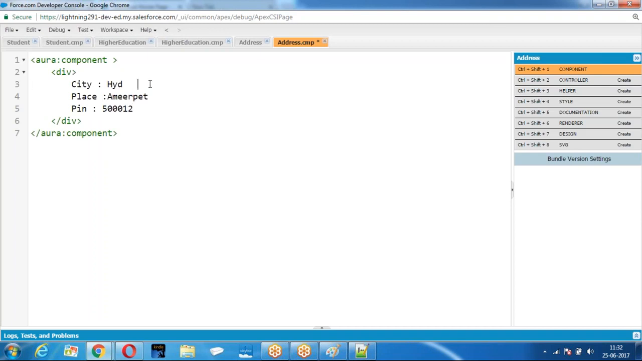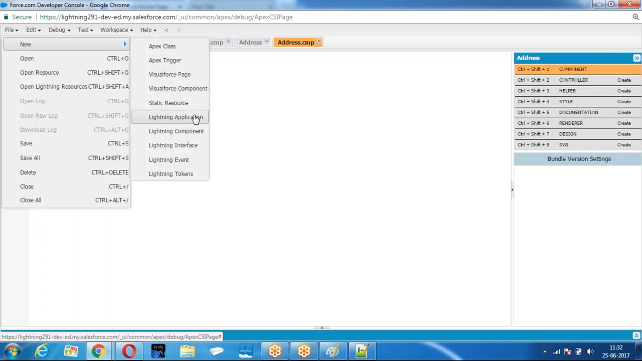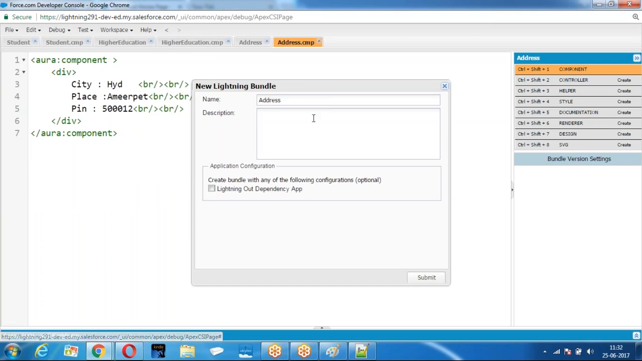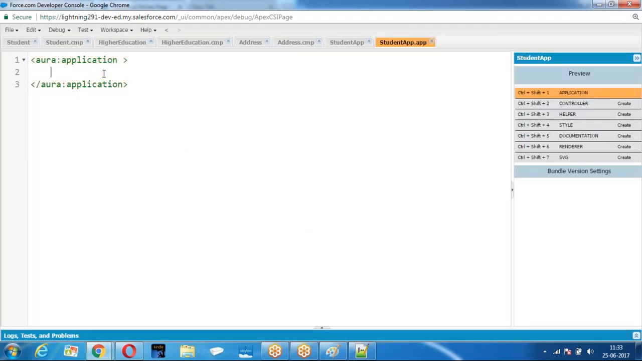So I have created 3 components. I am going to include all the components within the application. So application is a collection of components. So I am creating student tab. So in the student tab I am creating